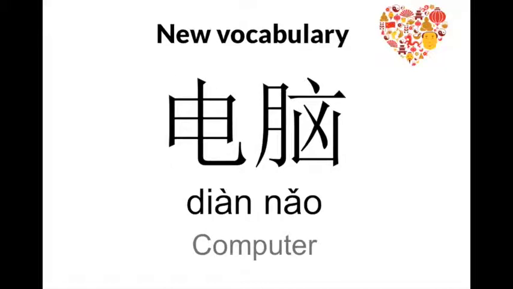电脑, 电脑, fourth tone, third tone, computer. This might actually be my absolute favorite word when it comes to logically structured Chinese words. And I mean, the competition there is fierce. But once again, we have one of those combination words with 电, which meant electricity. And this time it's with 脑, which means brain. So electronic brain in Chinese is computer. Genius. And 电脑, computer.